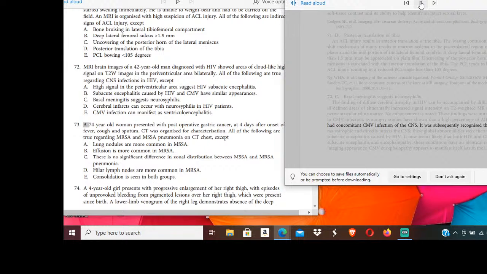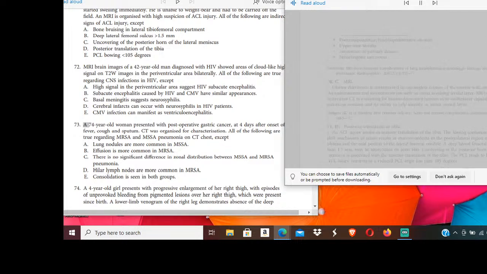It was subsequently recognized that HIV is neurotrophic and directly infects the CNS. These global abnormalities were then attributed to a subacute encephalitis caused by HIV. It now seems likely that both HIV and CMV can cause subacute encephalitis and encephalopathy. These conditions have an identical nonspecific imaging appearance. CMV encephalopathy appears to manifest itself late in the illness, whereas